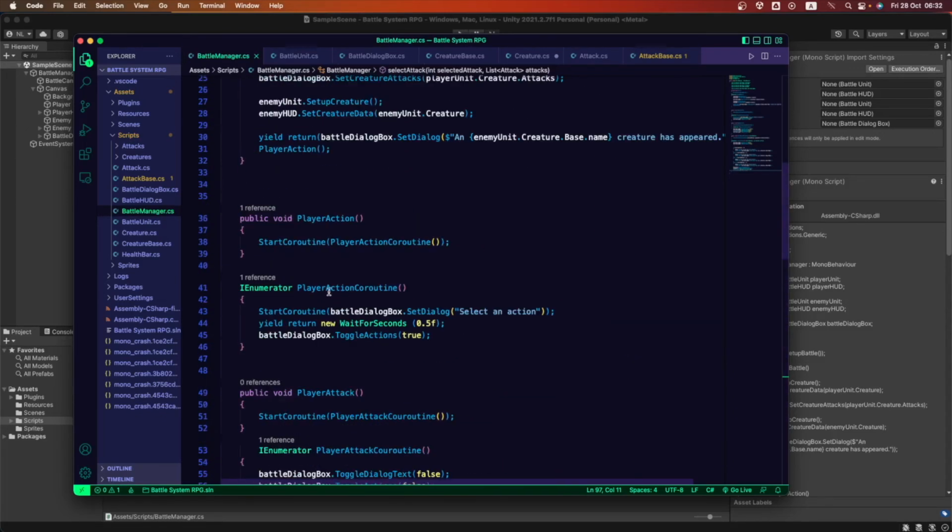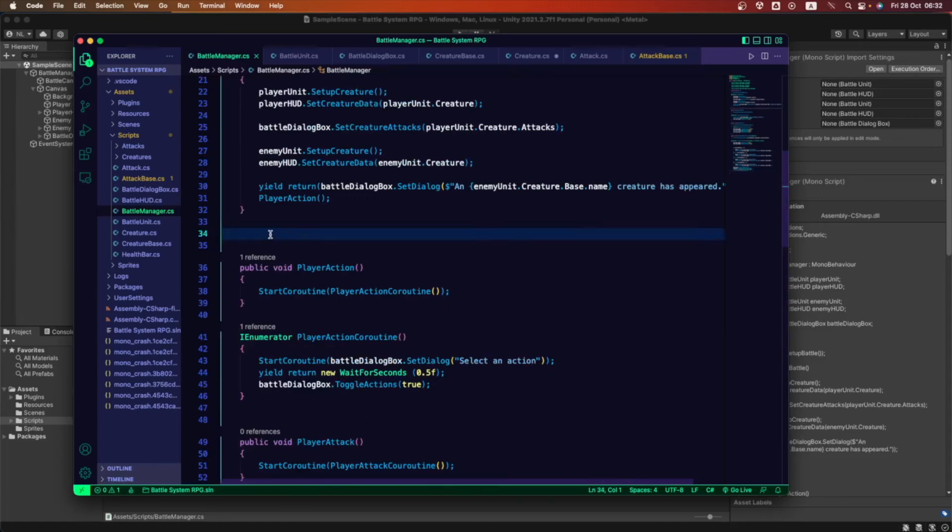We're going to go up and write the EnemyAction method here before the player action, to have some consistency, some order. Before we start writing this action, we want to find the attacks and set up a random attack from whatever attacks are inside this creature.